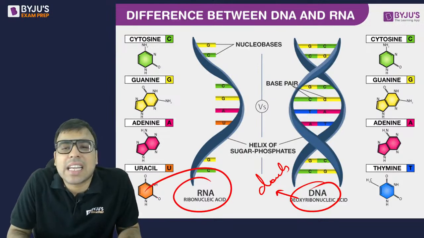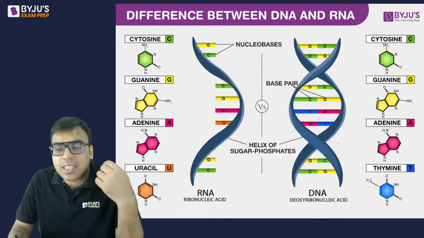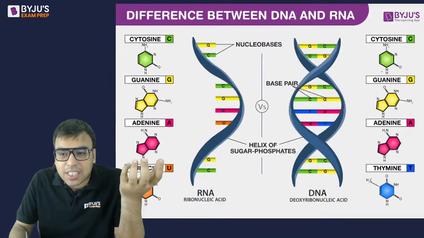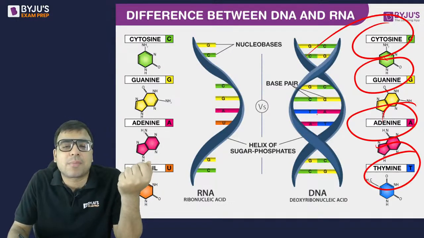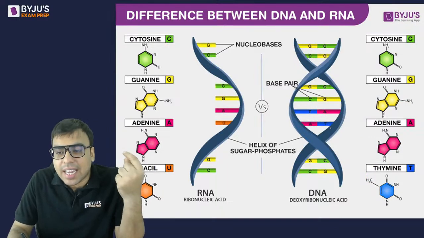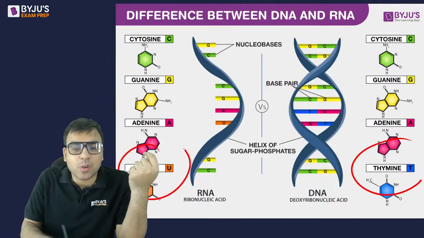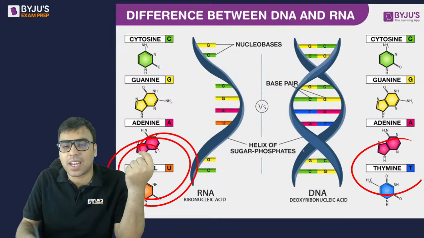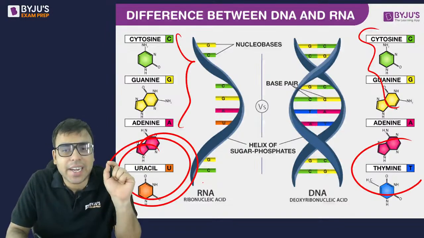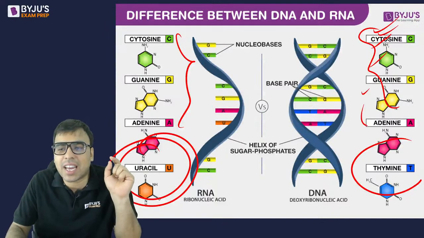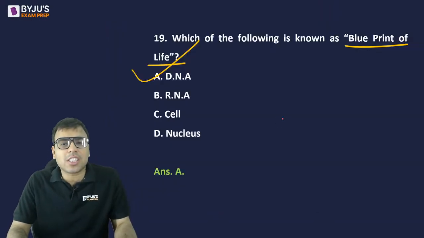RNA is generally single stranded, and actually these are adenine, thymine, guanine and cytosine. ठीक है. And instead of thymine in RNA, uracil is present. Just this is the difference. Otherwise A, G, C are the same here as well as here. ठीक है. So just have an idea about it, है ना. ये nucleus bases कहलाते हैं. ठीक है. Now एक और चीज पता होना चाहिए.